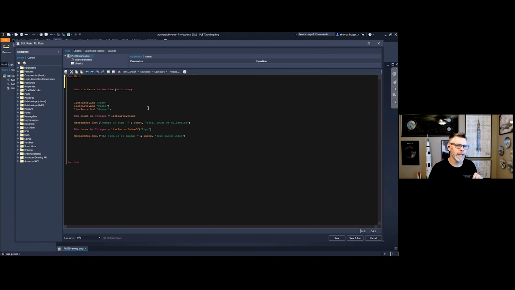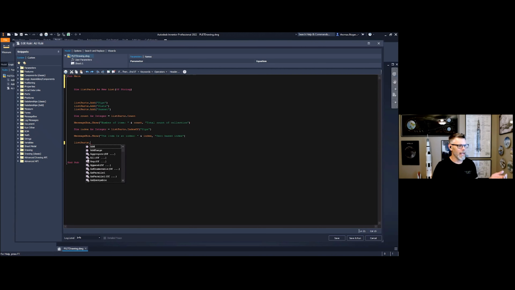Once you have that information in the collection, there's a number of different things that you can do with that collection. And this is why I like to use list as opposed to other methods. If I go list parts and I hit dot, you're going to notice that I get this menu that pops up and shows me all of the different things that I can do with this list.